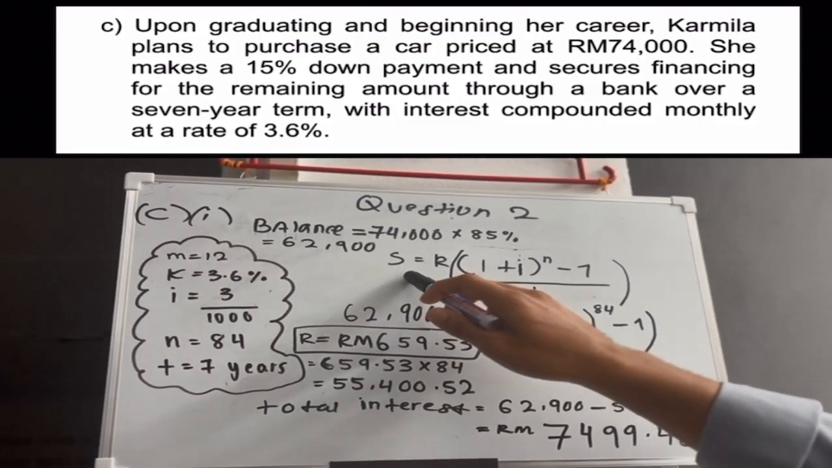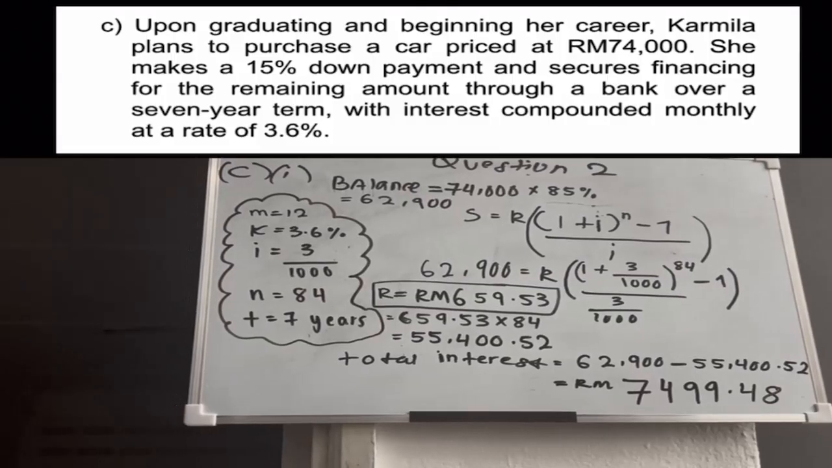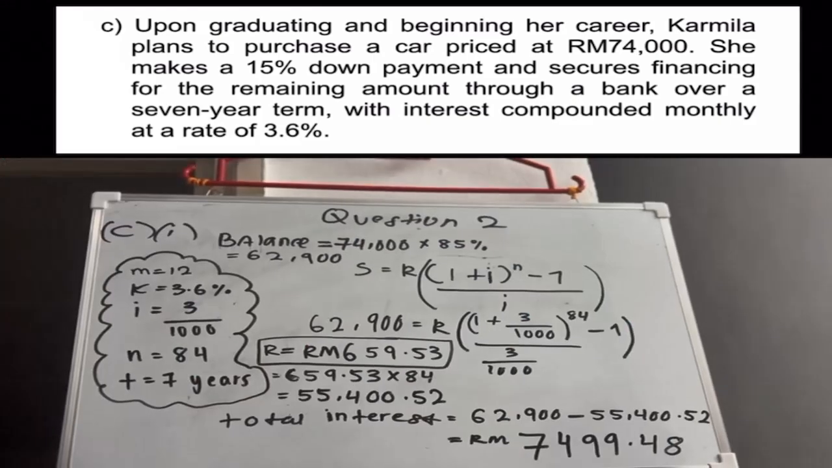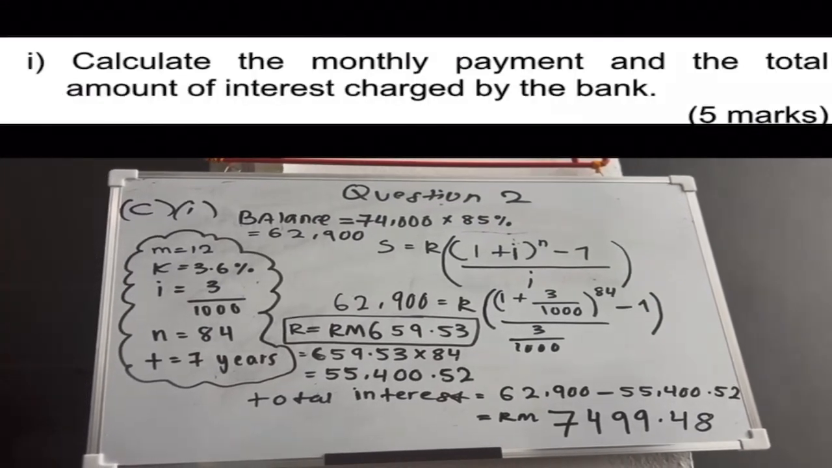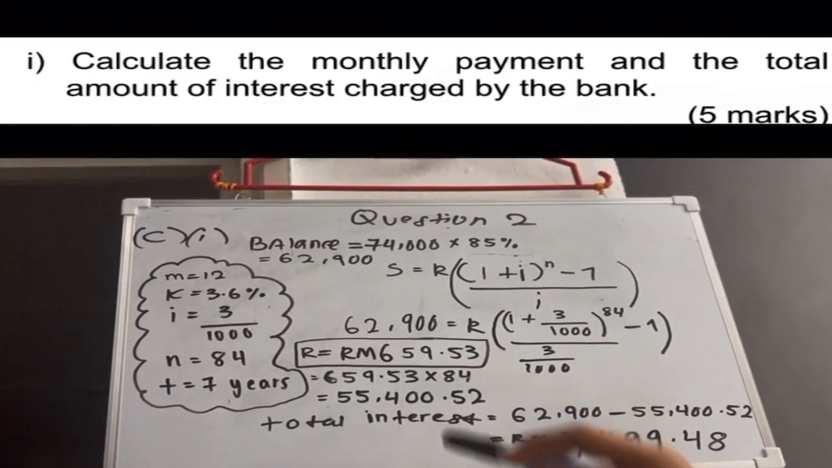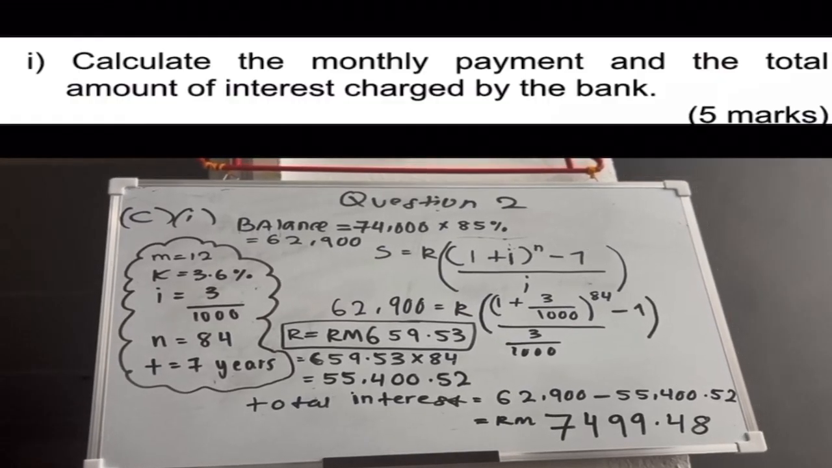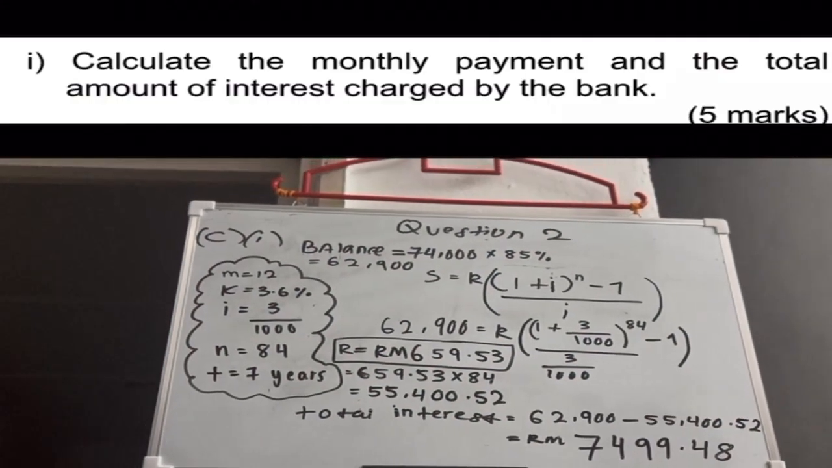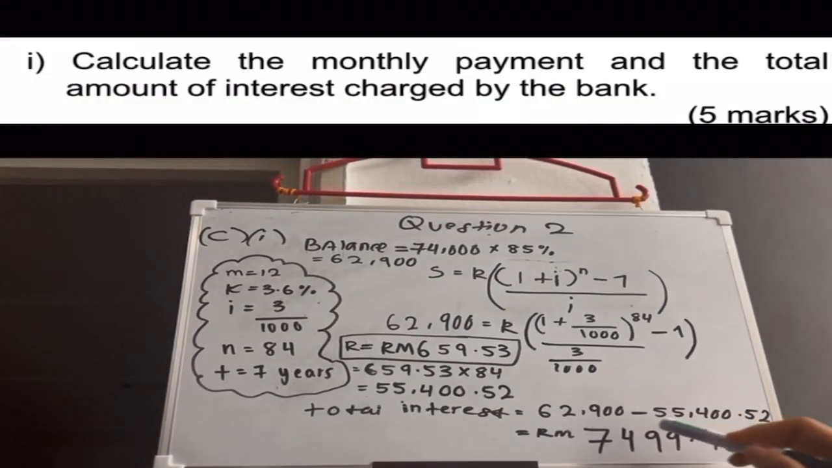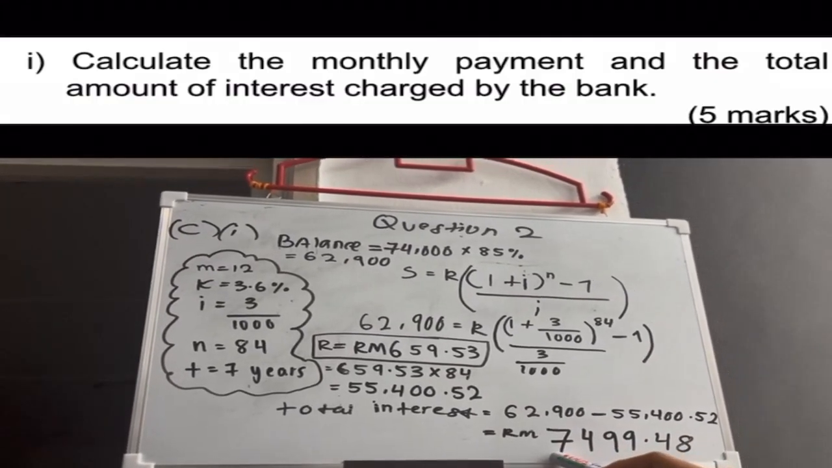So we use this formula. Let you guys know, the S we have 62,900 equal to, this is what we need to find. R, calculate the total amount of interest charged by the bank is RM659.53. We times 84, so we got RM55,400.52. So in order to calculate the total interest, we minus 62,900, we minus 55,400.52. So we got the total interest is RM